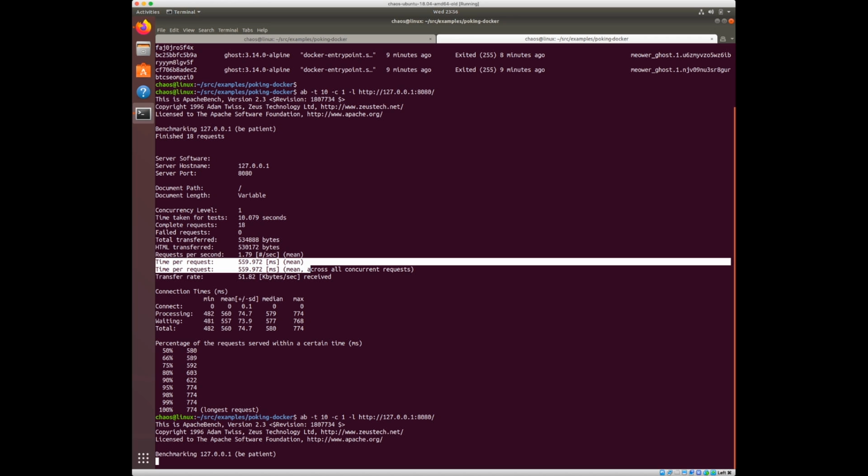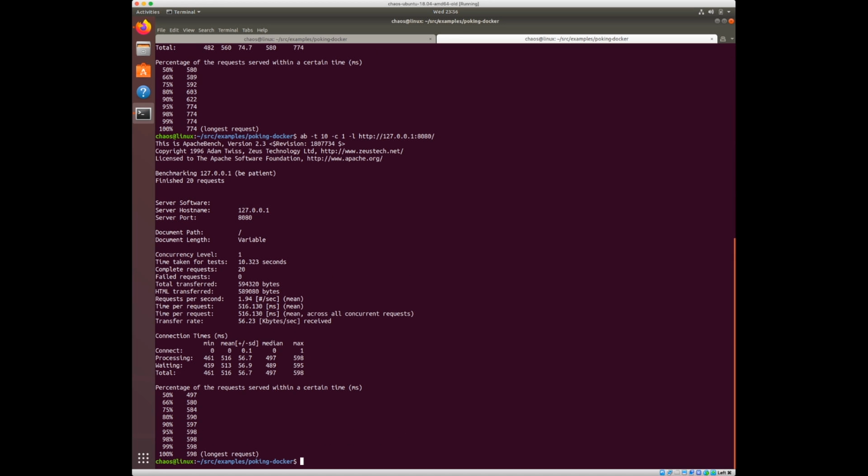But you might have expected the 100 milliseconds between the database and the ghost container to translate into an extra 100 milliseconds of delay to the user. But what actually happened is that we got almost 500 milliseconds of delay. So we got a multiple of that.